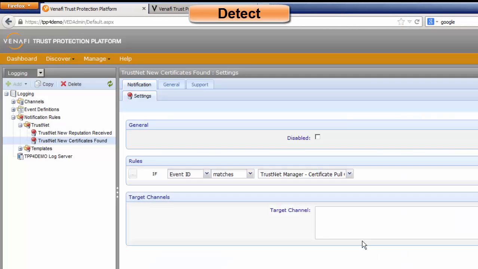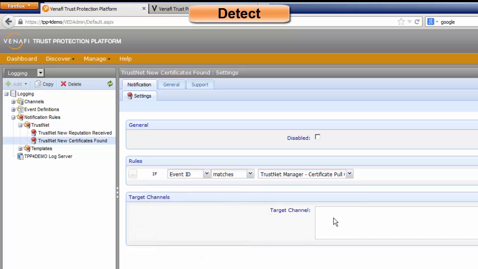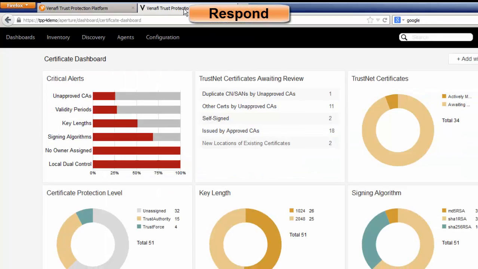Let's say I wanted to email someone, or open a ticket in a ticketing system, or perhaps send something to a SIEM system. I have the ability to send that information so that someone knows immediately upon a certificate being found on the internet that matches our bank's name or a particular string that we're looking for. All right, and finally on the response side of things, let's go back over to the dashboard